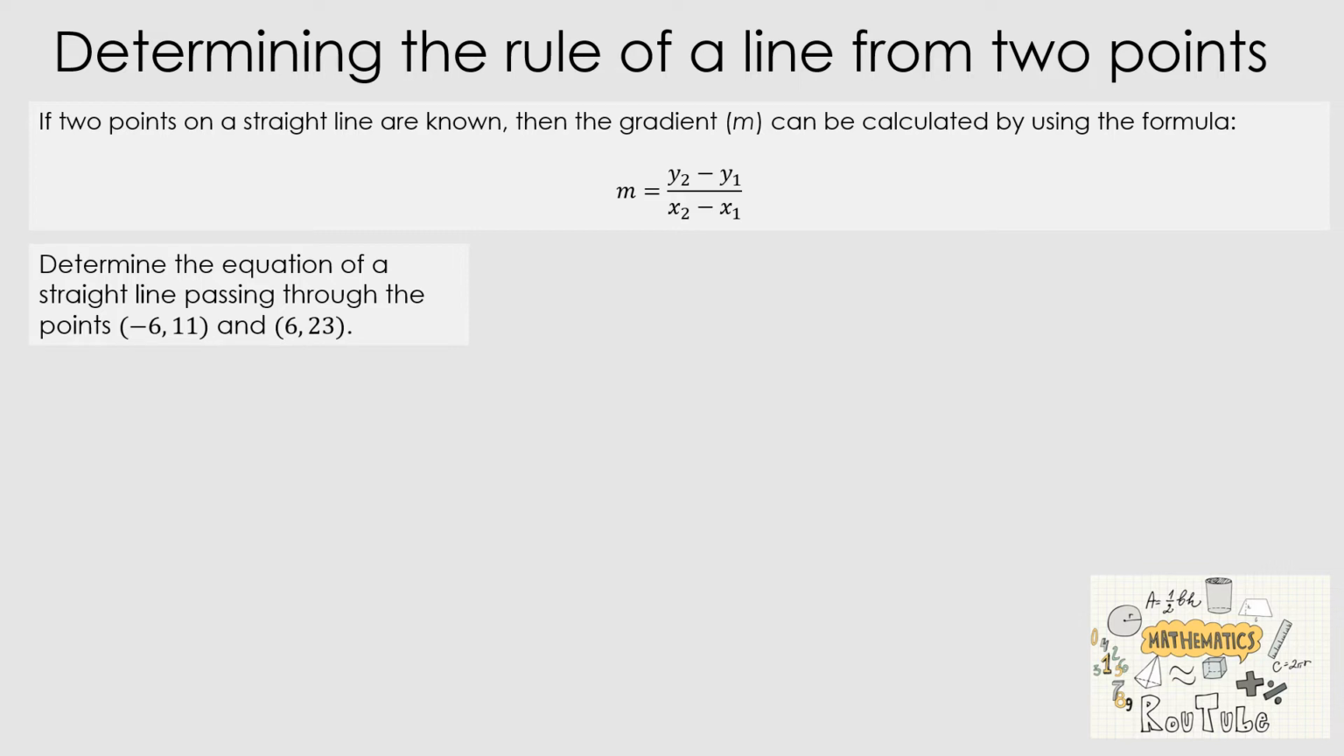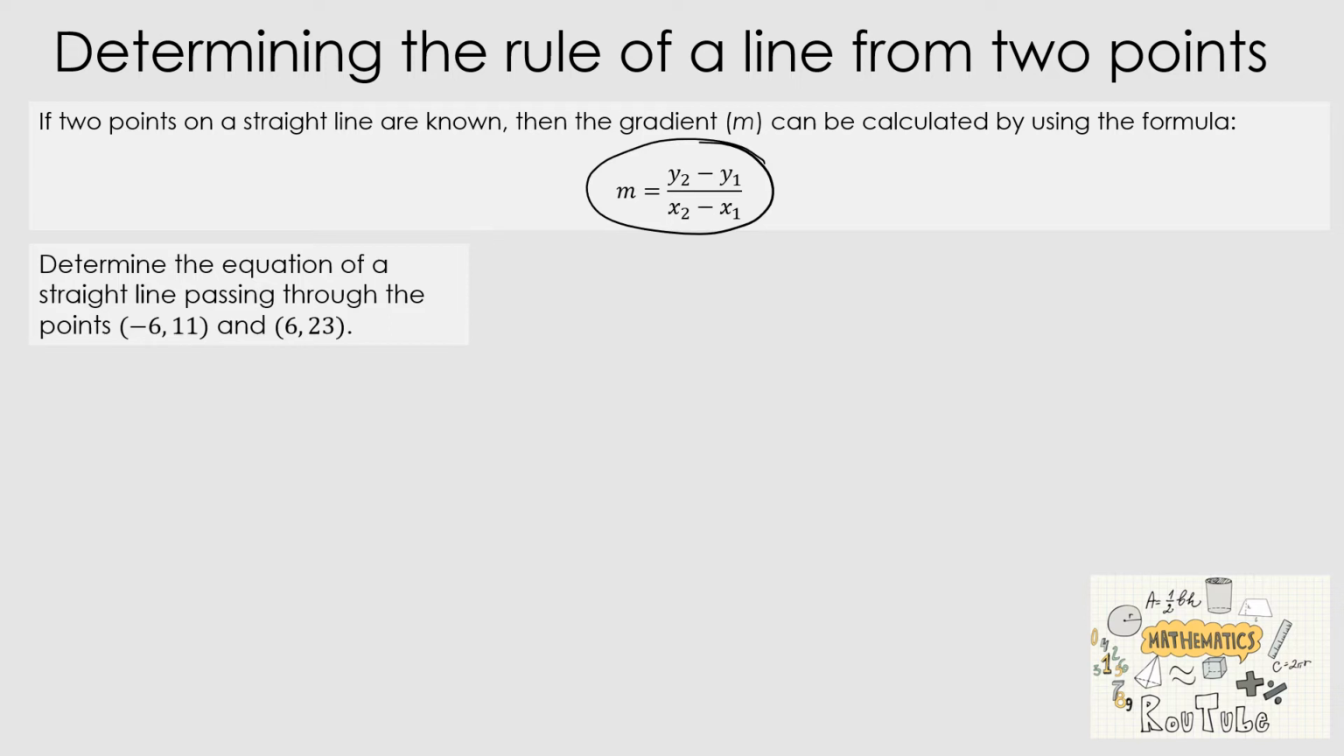So the question says, determine the equation of a straight line passing through the points negative 6, 11 and 6, 23. So they are the coordinates on the line. We just need to work out what the equation of that line is. So we see that formula m equals y2 minus y1 over x2 minus x1. So that's going to give us the gradient. So that formula there is going to give us the gradient, which is why we see it as m